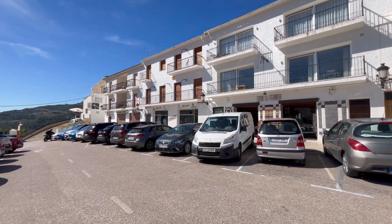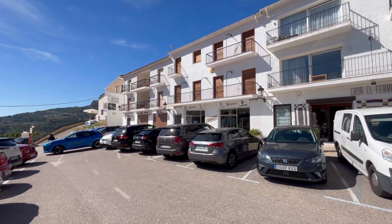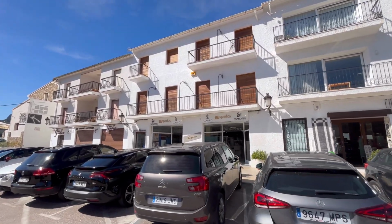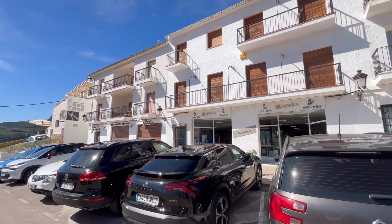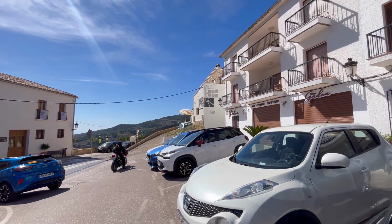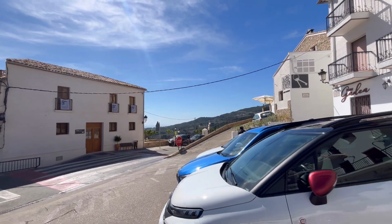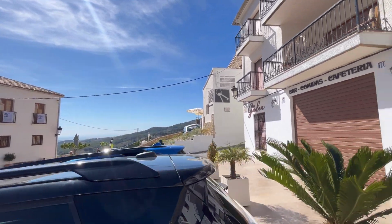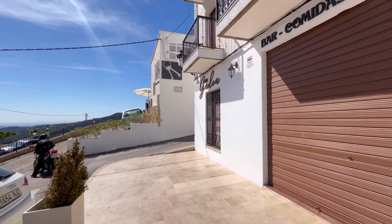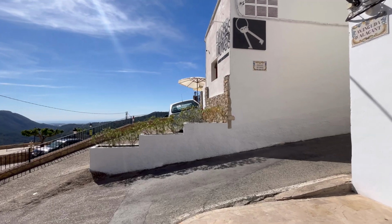There are a lot of touristic apartments in case you want to spend time here in the area, maybe a day or two, to enjoy the nature fully. And there is even a hostel that has incredible views and a terrace, the one right here in front of us, that has the symbol of the keys, black and white. This is the hostel where you can stay and wake up with the views of the Mediterranean Sea and the valley. From here, there is the last thing that we would like to show you here in Guadalest, which is